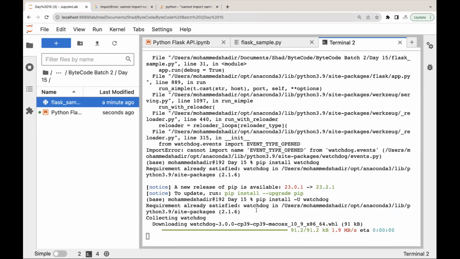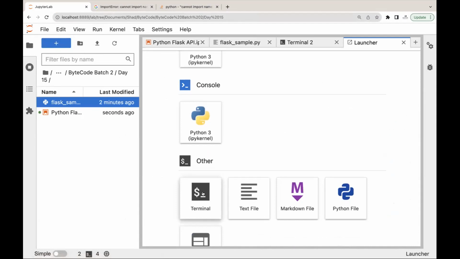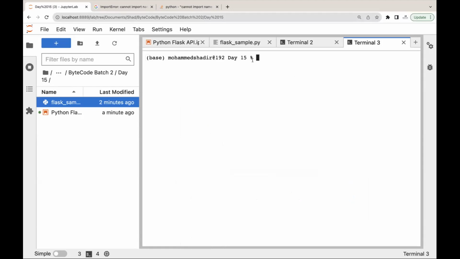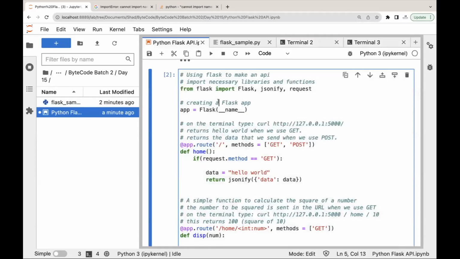Like you can run this. So I'm running this in the terminal. You can open a terminal by clicking this plus button, and you will see a terminal here. A terminal is nothing but, if you want to access the file system using your UI, run some Linux commands or any command, you do it using the terminal. So I'm running the Flask app using the terminal itself. Now if I run this, this will work